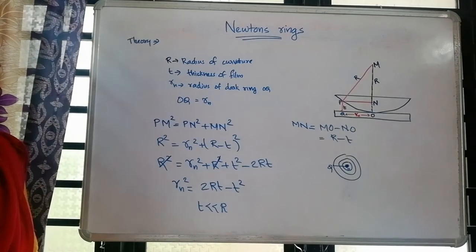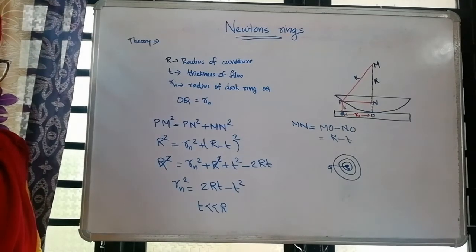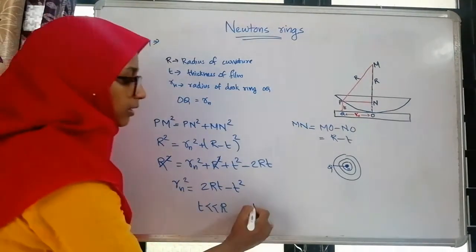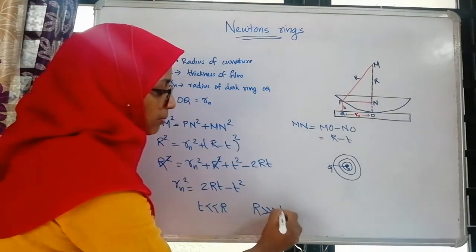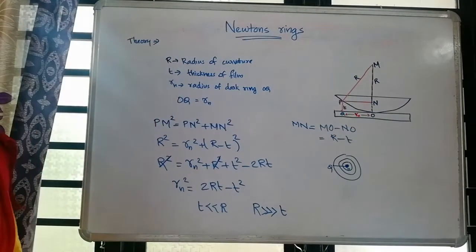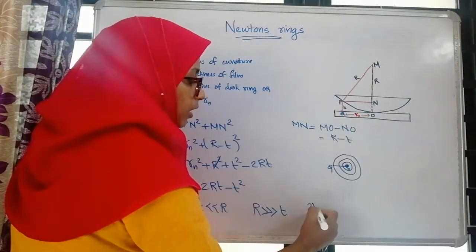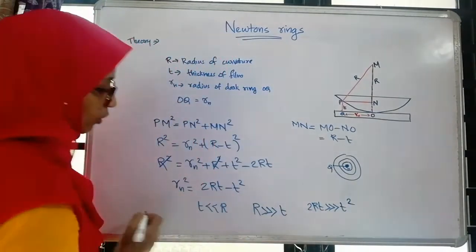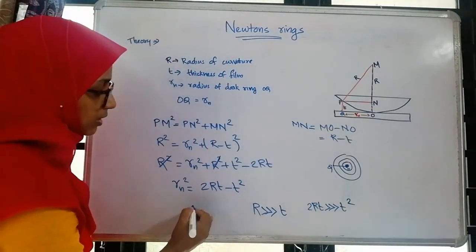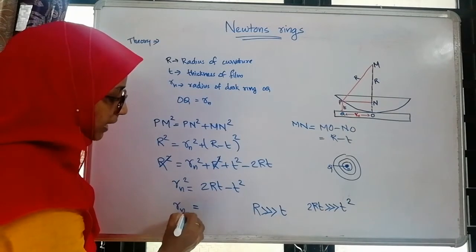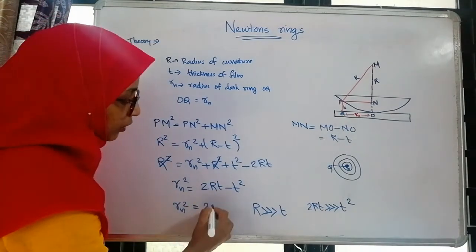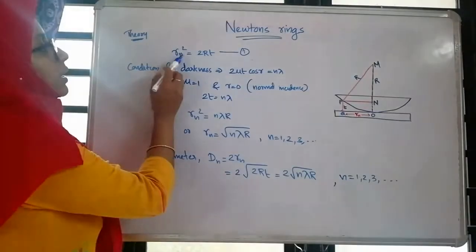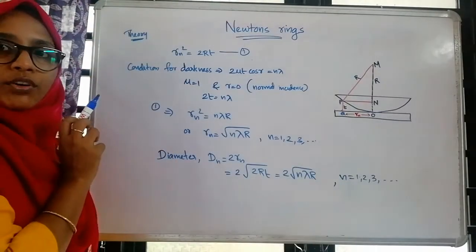It will have a very lesser thickness when compared to the radius of curvature of the lens. The radius of curvature, that is R, is very much greater than T. So we can relate it as 2RT is much greater than T square. So we can write it as Rn square is equal to 2RT, neglecting this T square. So we know Rn square is equal to 2RT, and